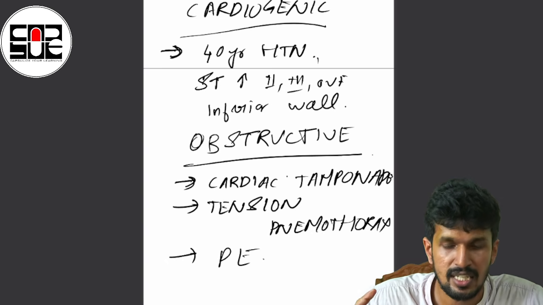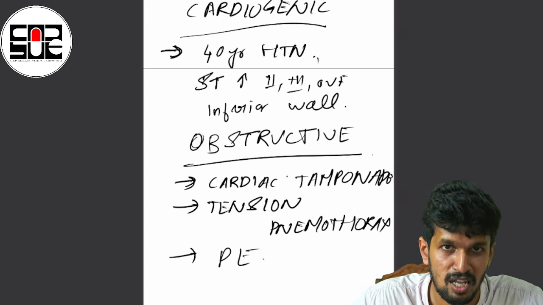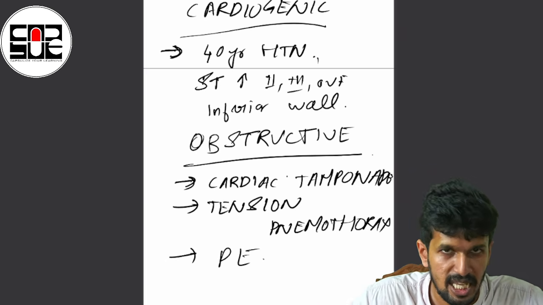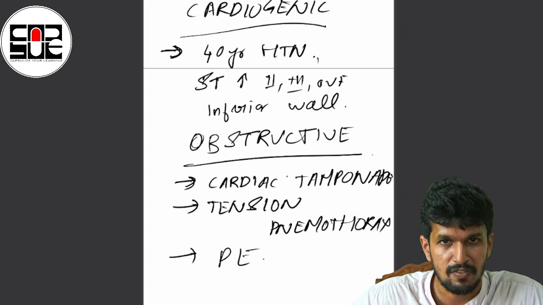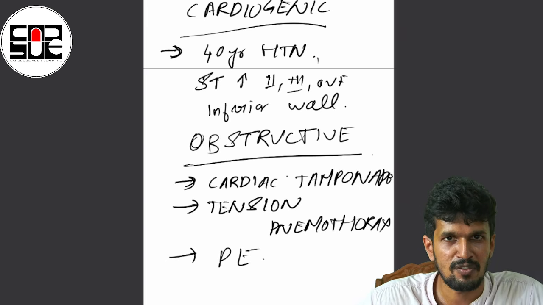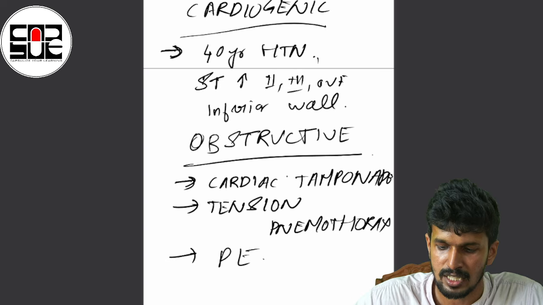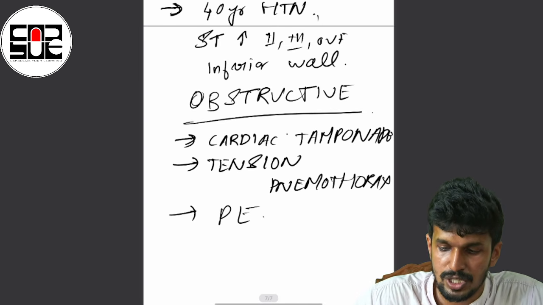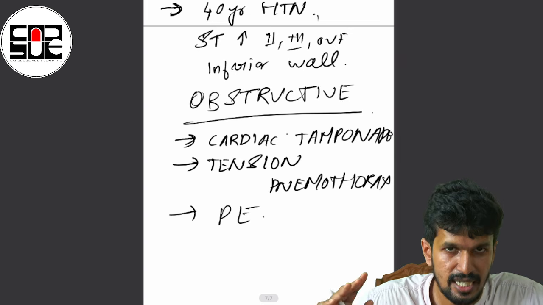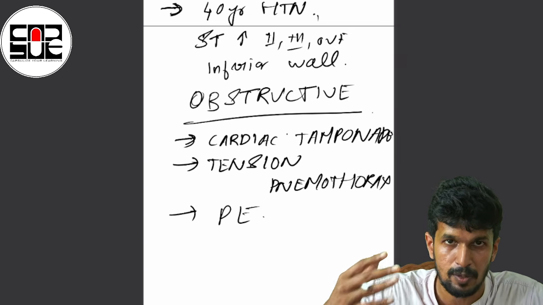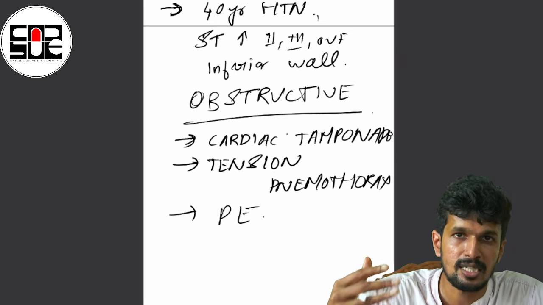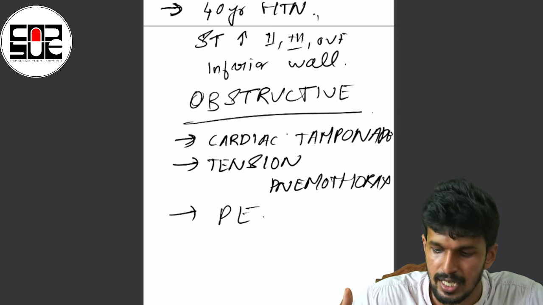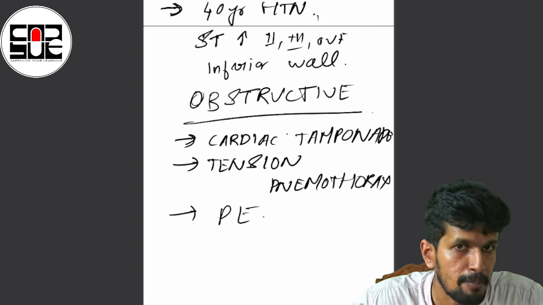Even in the recent NEET super specialty exam, a clinical scenario was given of pulmonary embolism and the type of shock involved was asked. We might miss simple details. Whenever we study more and more, we miss out the simple details. So you need to know basically what are the types of obstructive shock. You shouldn't miss out the basic headings, the basic systemic causes which can lead to obstructive shock. That is cardiac tamponade, tension pneumothorax, and pulmonary embolism.